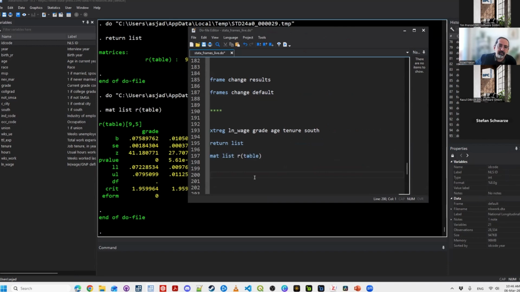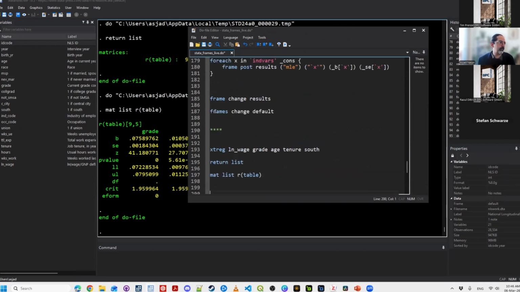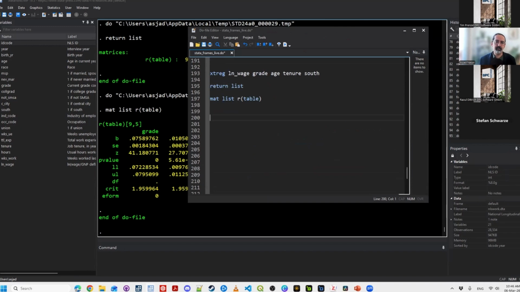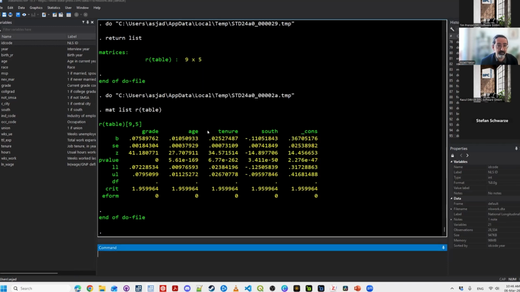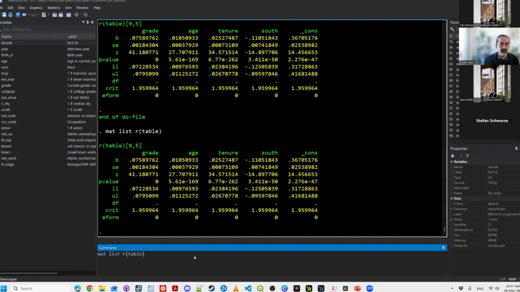Again, I'll share the do file with you guys, so we are not wasting time discussing all of this. But you can create something. I'll just copy paste this from my file. We can also export stuff, because we have a matrix with specific indices. So you have grade, age, tenure, south. If you say matrix list R table, you get this. But you can say matrix R table 1, 1,